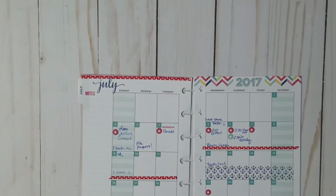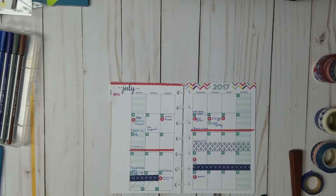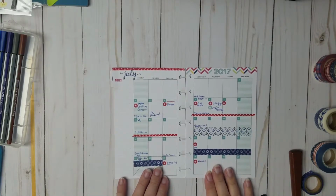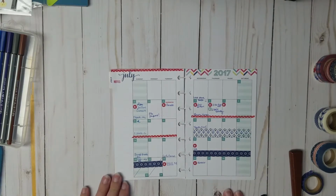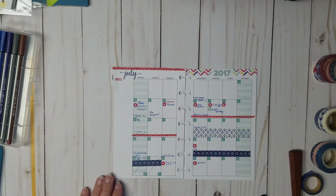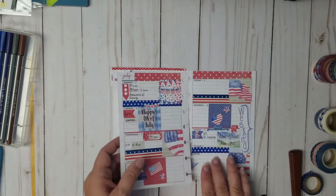Alrighty guys, I did up my mini, and this is what my monthly for the mini looks like. I generally don't use a lot of stickers on the monthly because it's a really small format, so I did use some washi tape to mark out those things that I was telling you about that were multiple days. And then this is what my week looks like